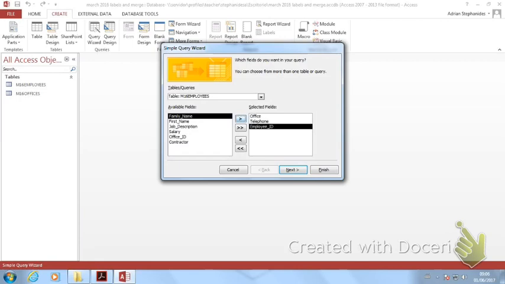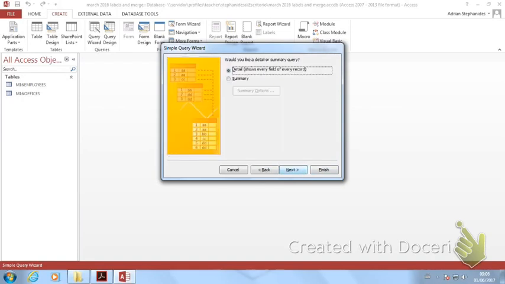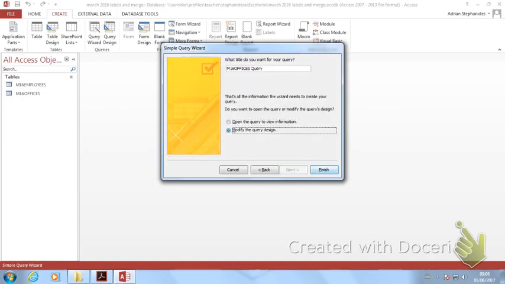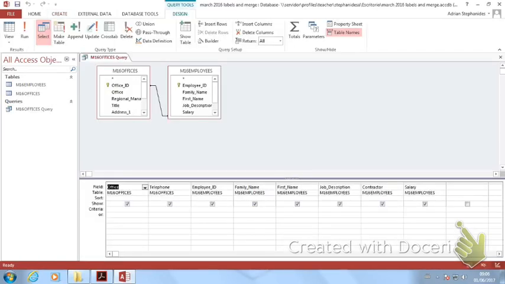Employee ID, family name, first name, job description, contractor, salary, and obviously I can't do bonus because I'm going to make that later on. Then I do next, modify the query, and then I actually do the search. So I go to office, there it is, obviously make sure I spell this right,